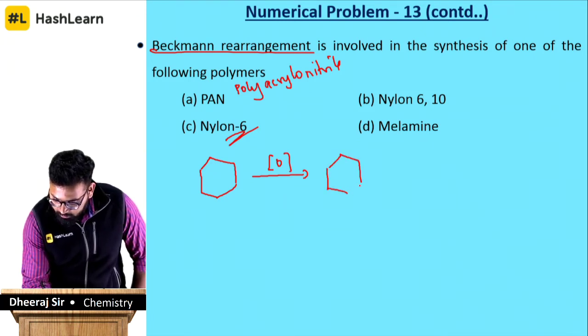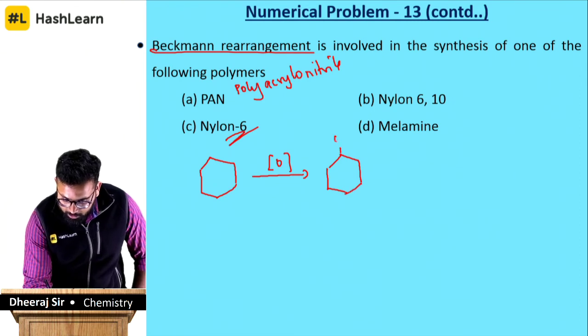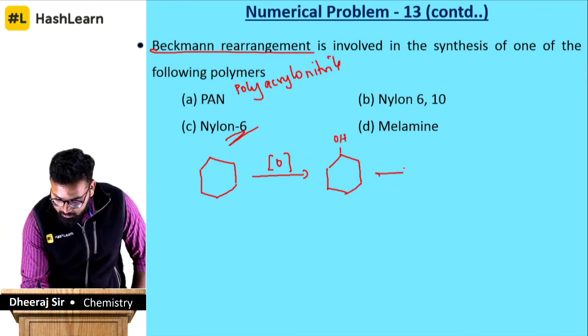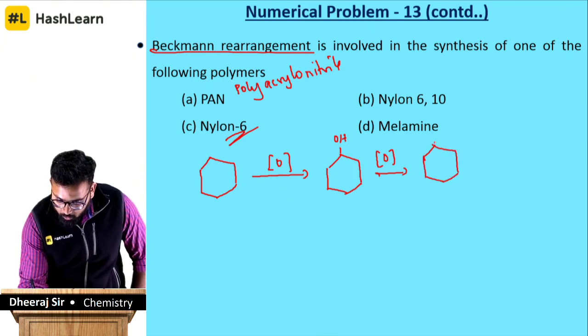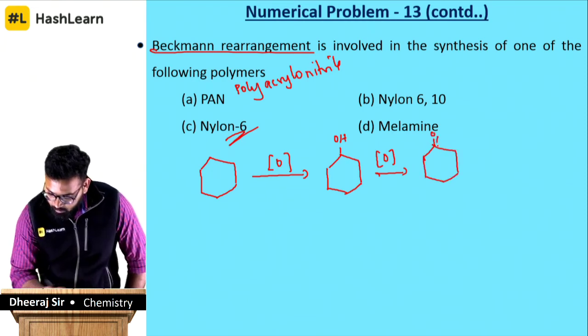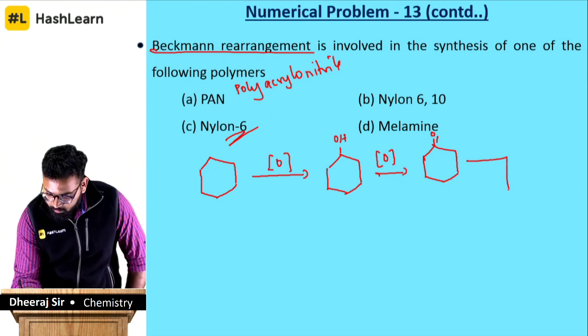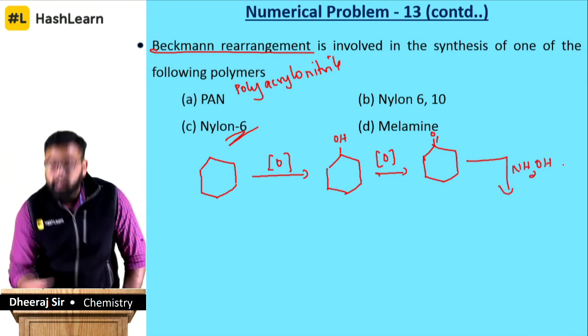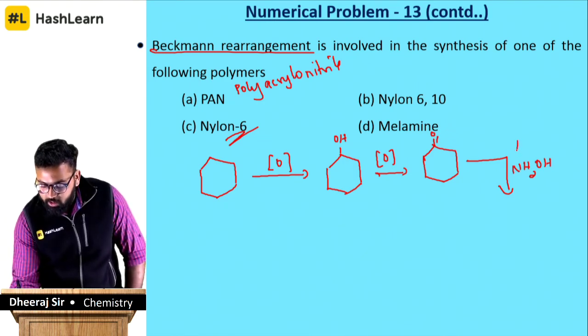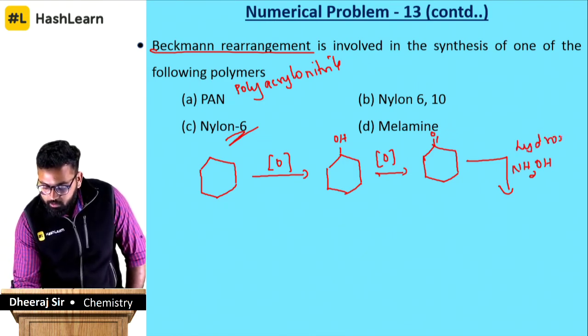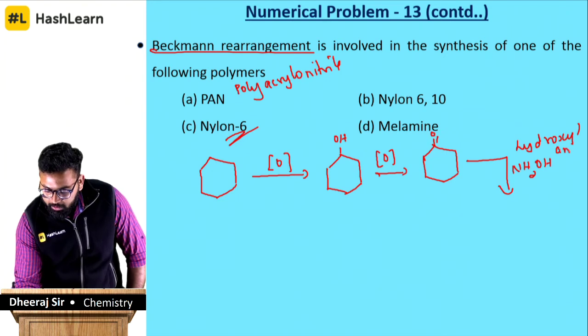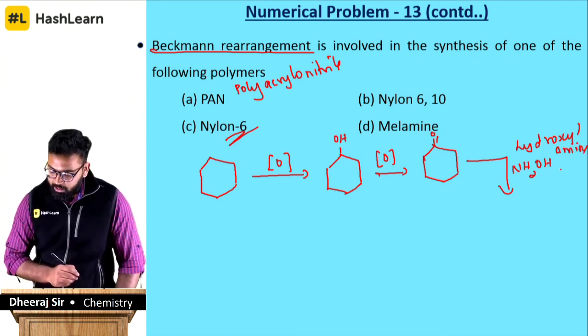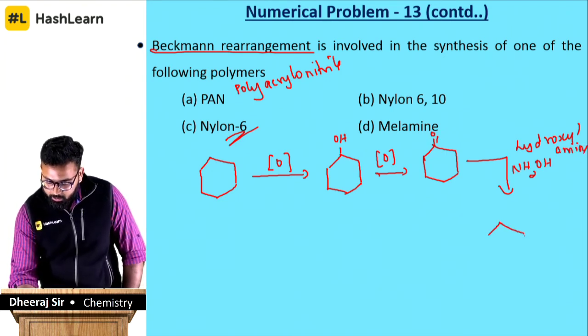Cyclohexane, oxidize it. You will get cyclohexanol. Cyclohexanol, oxidation, cyclohexanone. And cyclohexanone is made to react with NH2OH. NH2OH, you should know what it is. It is hydroxylamine. The moment it is made to react with NH2OH, you end up with